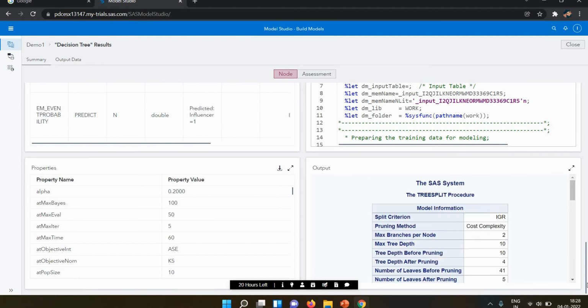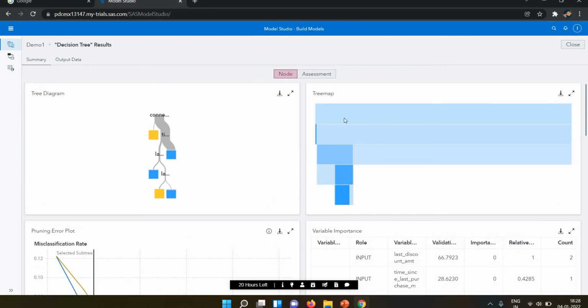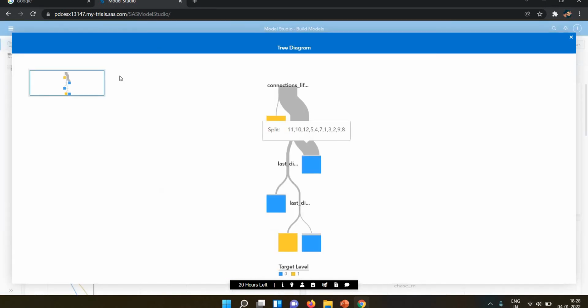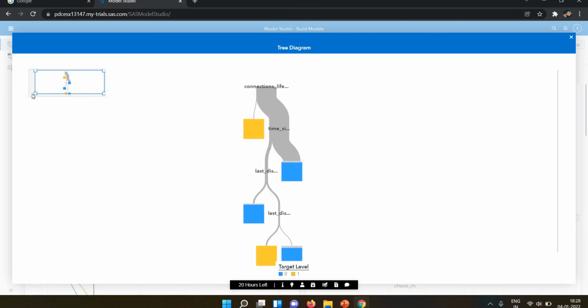Okay, let's go into the decision tree. So this is my decision tree. I'm extending my decision tree. Now you can see this is the connection. This is the root node, node ID 0. This is my first node, ID 1. Then we have node ID 4. This is 5. Let's zoom in on this.